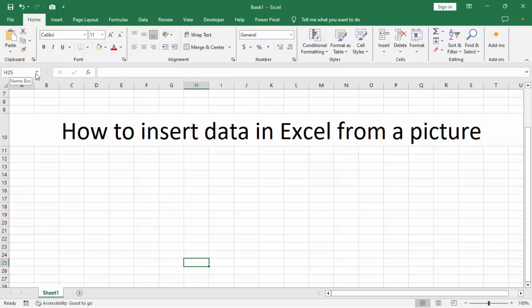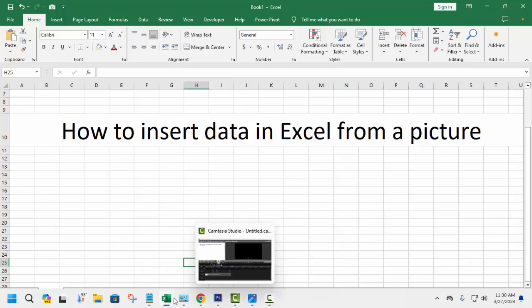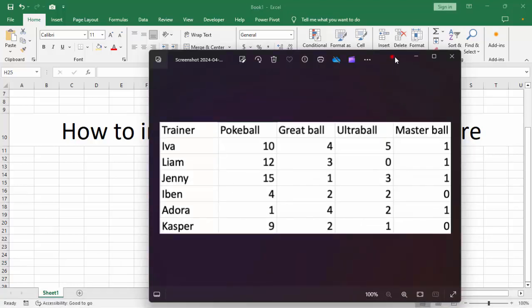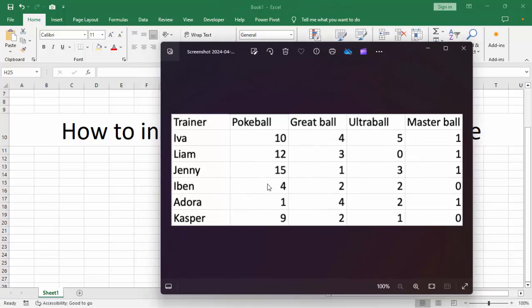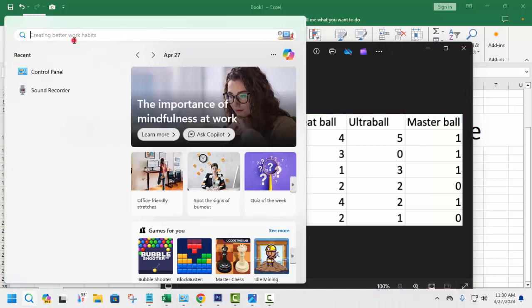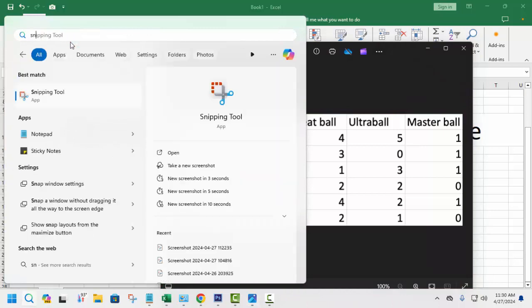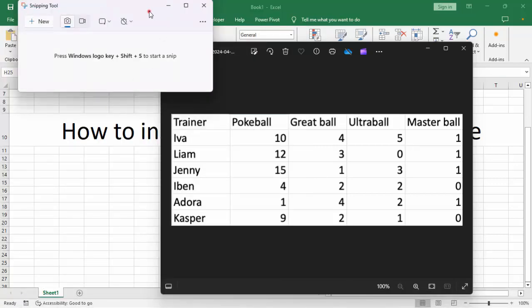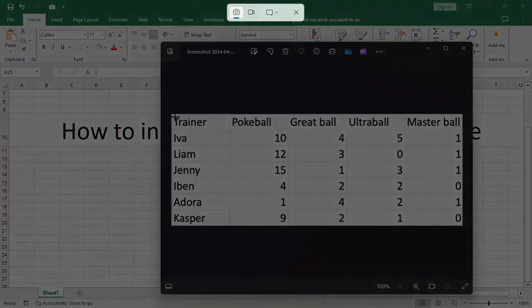In this video, how to insert data in Excel from a picture. Okay. First of all, view. I already view this picture and go to search bar. Type snipping. You can see this snipping tool. Then click here. Okay. And now